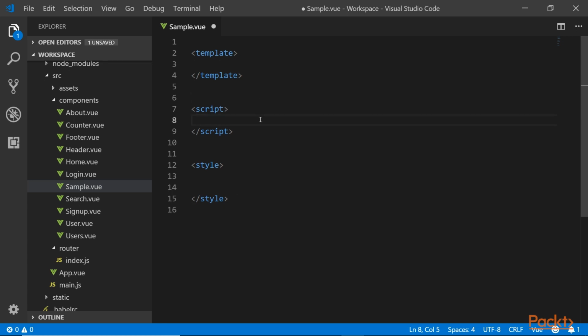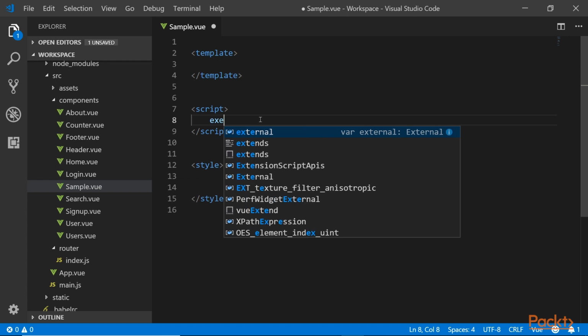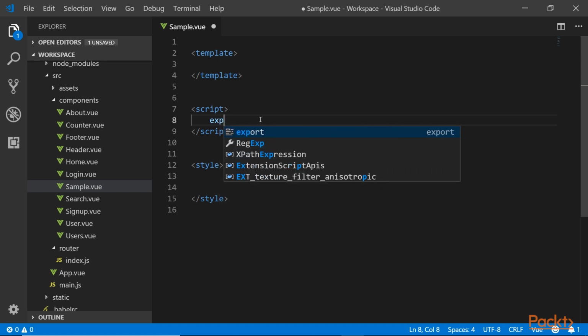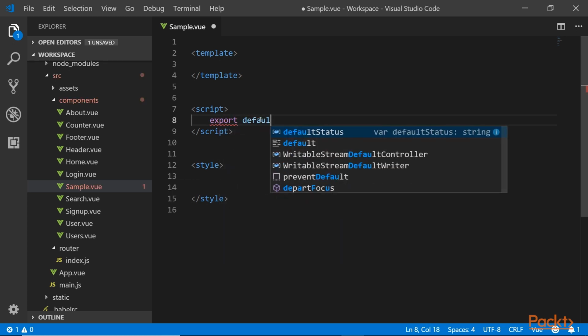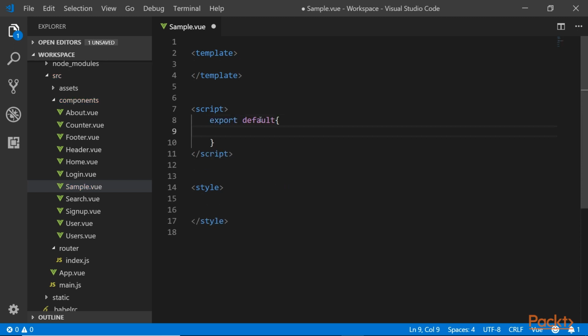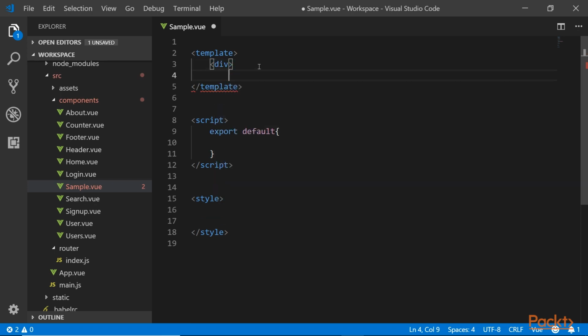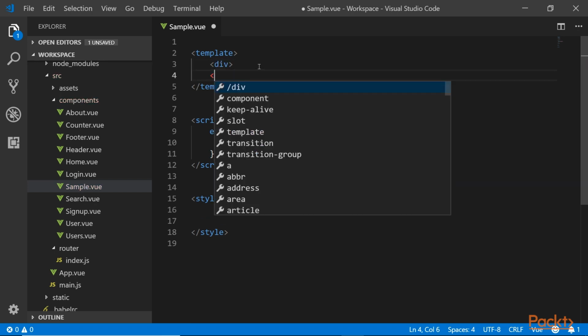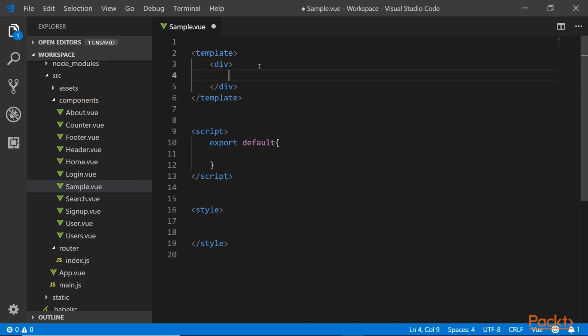Okay, so now let's finish our script. Here is our common script. We export this out, default, and we're just going to put that here for now. And then in the style, we'll leave that blank. And then at the top here is where we're going to be dealing with the template. Okay, so again, I'm going to put an H1. Well, let's put a div in here first. So we need to wrap this with a parent div or a parent tag. Inside here, then we'll put the H1 and we'll put a sample